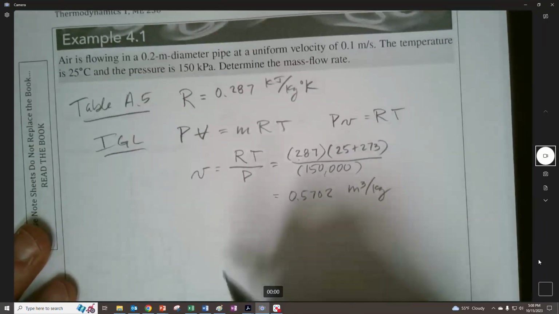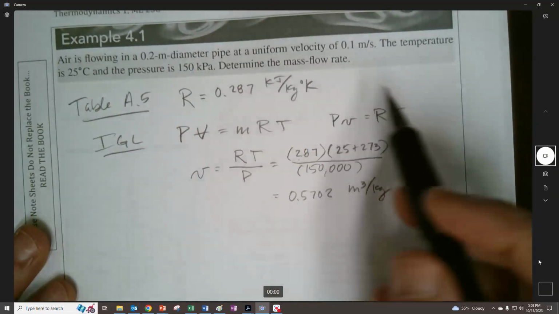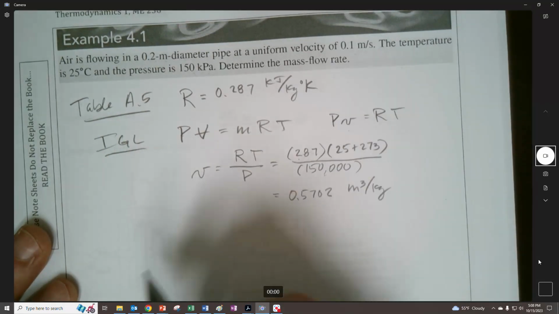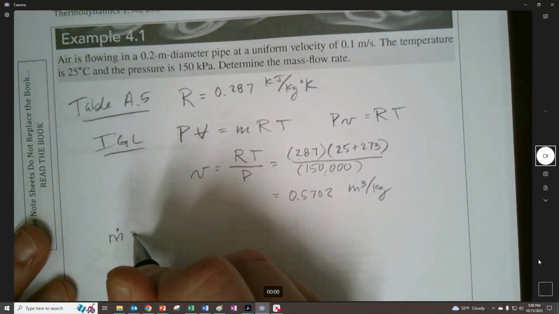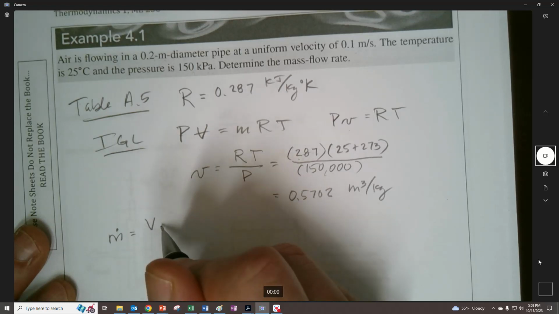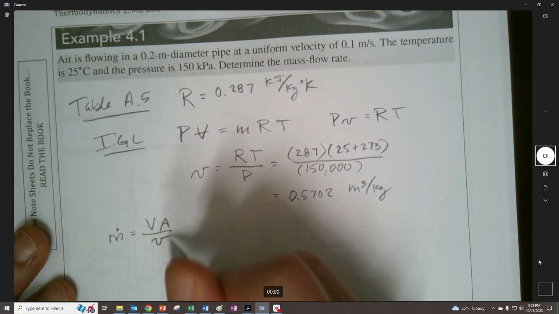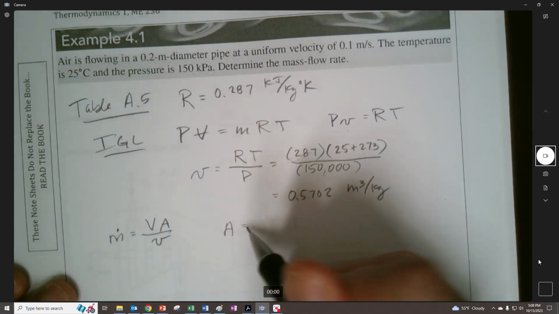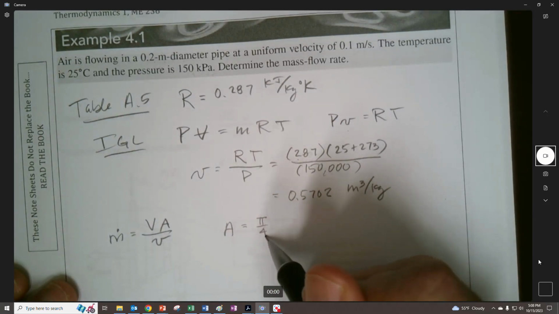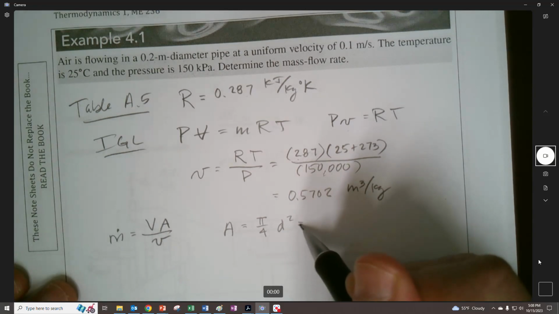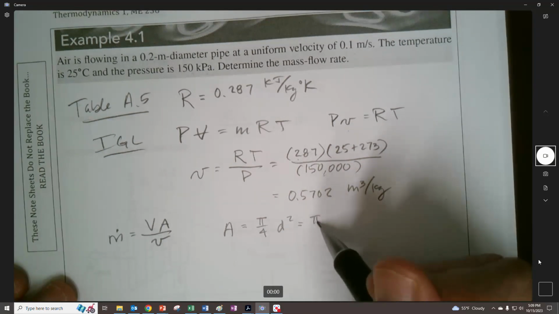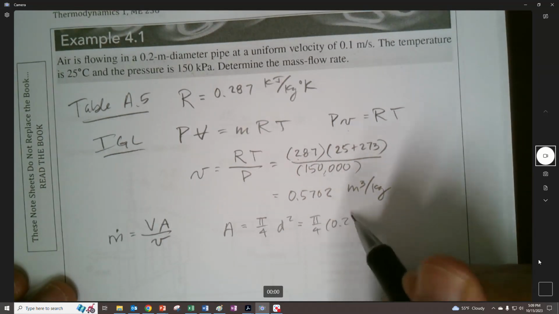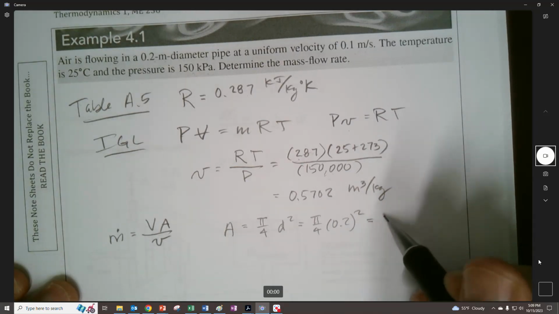And then we want to find the area. Do I need the area? Yeah, we do, because the equation I'm using, as I mentioned in the previous slide, was just the velocity times the area, which would give me the volumetric flow rate, divided by the specific volume. So I need the area. So I'm going to go pi over 4 d squared, and that's going to be 0.2 in there, and we get